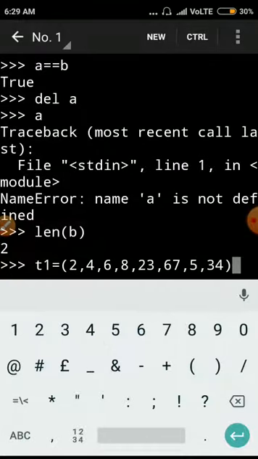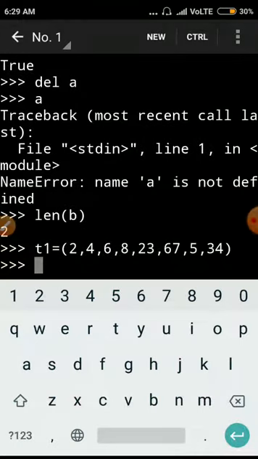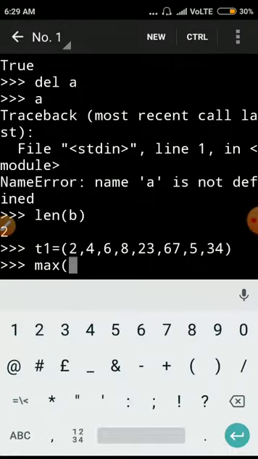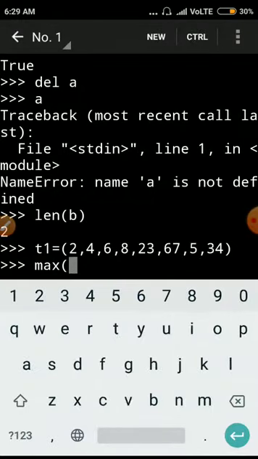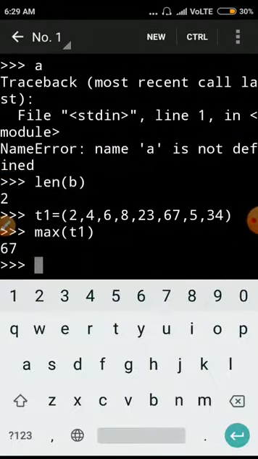This is the tuple I created, and if you want to access the maximum element from it, for that purpose we use the max function, and inside the brackets we write the name of the tuple. Here my tuple name is t1, so it will return 67. So the max function returns the maximum value from the tuple.